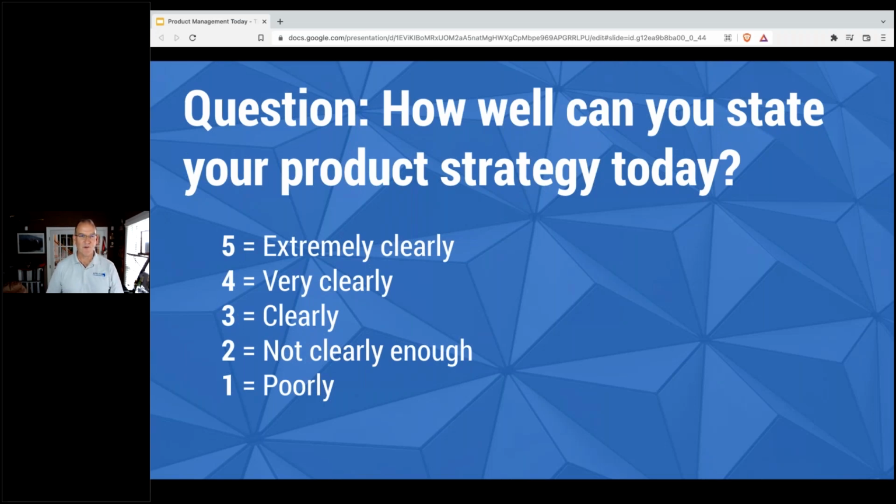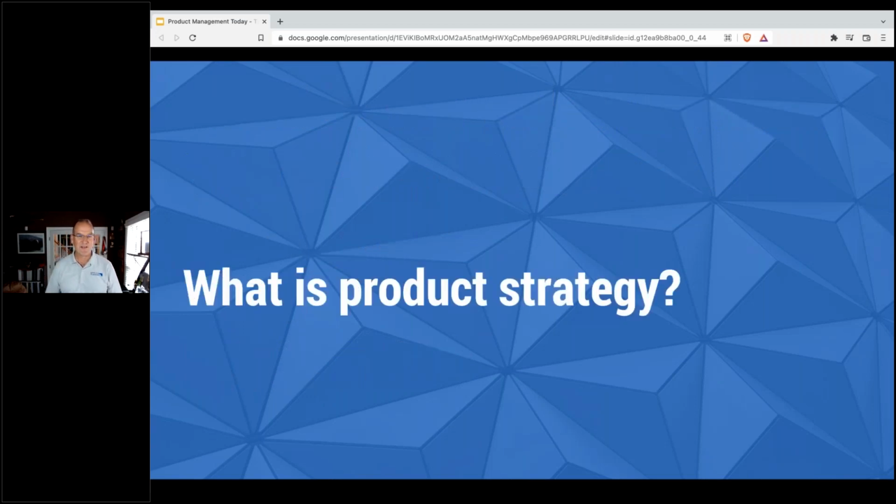Great. That's good to know, because that means that this will be helpful, and we'll be happy to share this presentation with everyone because there are some useful visualizations and some links and some sources that you can use as a follow-up, because we can only really scratch the surface here on some of these concepts. So good. Glad to know that all this preparation has been useful. So let's get started with what is product strategy.